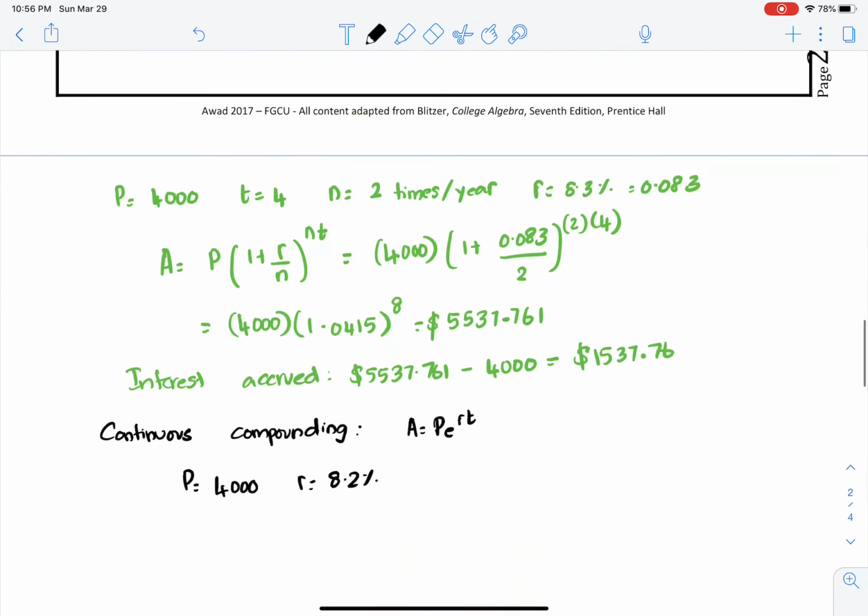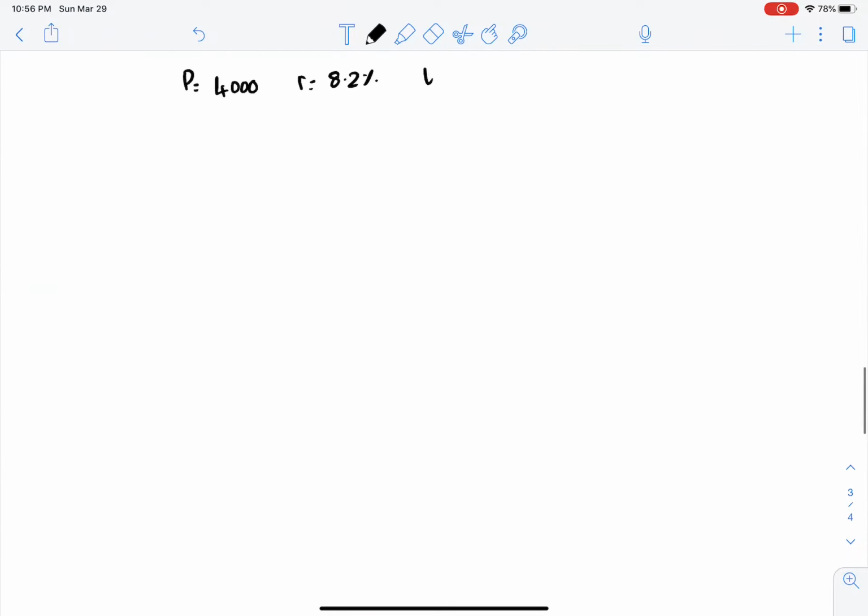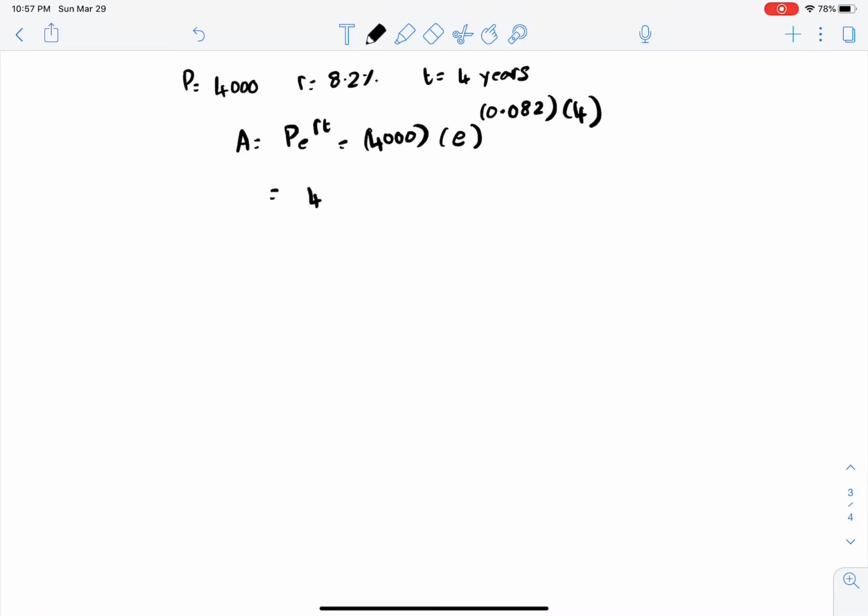The time is still 4 years. Since we are compounding continuously, we have the formula Pert. So 4,000 times e raised to 0.082, converting percent to a decimal, times 4, which should be 4,000